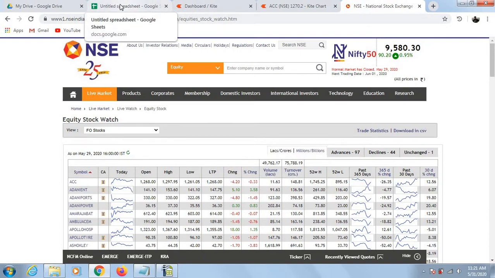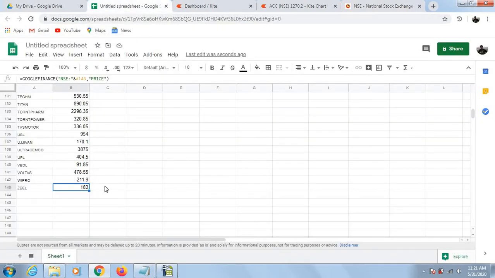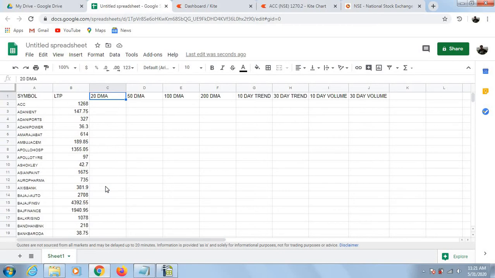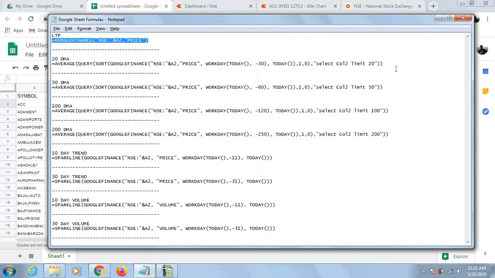Next, for getting the 20-day moving average, you will want to have the prices of the last 20 days. The formula which is applied is this one. I will just take a minute to explain what the formula actually does.